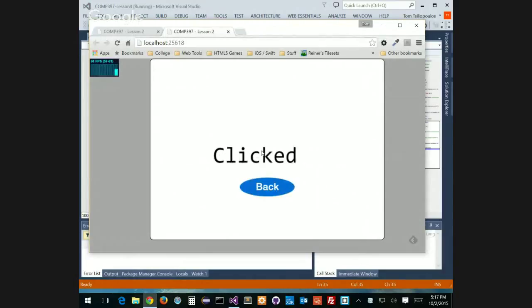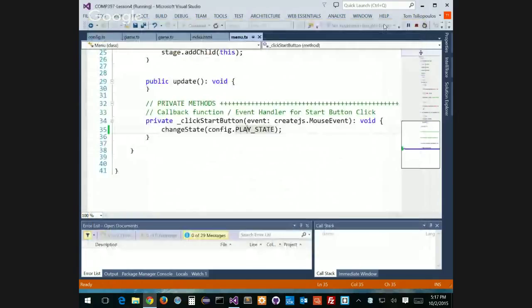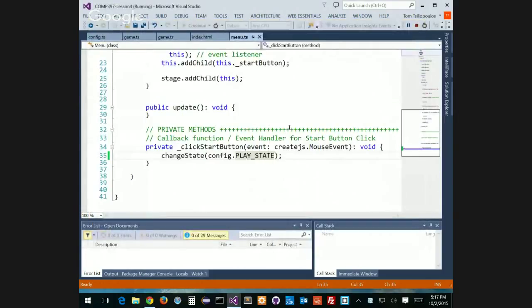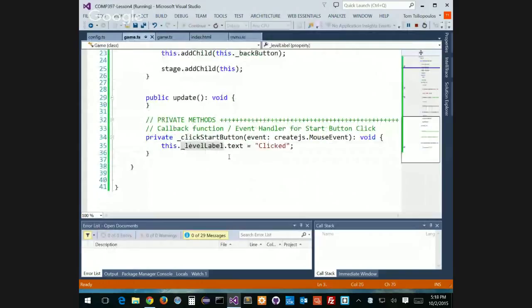Now I can't go back because it just says click now, right? Back will actually teleport me back to my first state, right? So let's fix that now. We're going to go back down here, and we're going to go back into my game state, which is this one, and it'll be the same thing. When I click the back button,